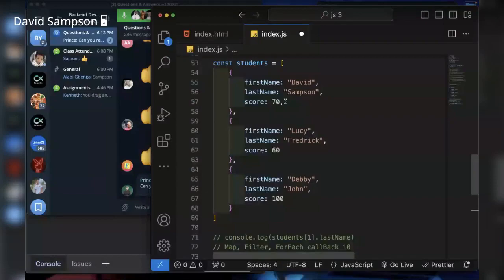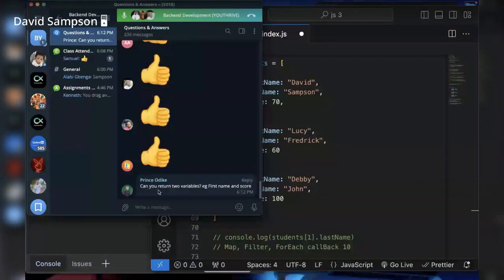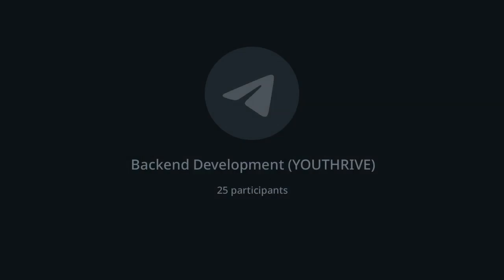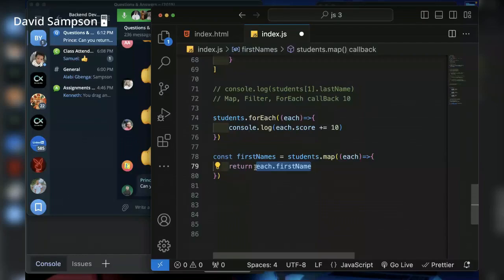Exactly, you can. If you want to, you can. So you can make this bigger to return an object, or maybe not just an object. But I don't want to confuse you now. But yes, you can return more than one if you want to, and also you can concatenate these two to